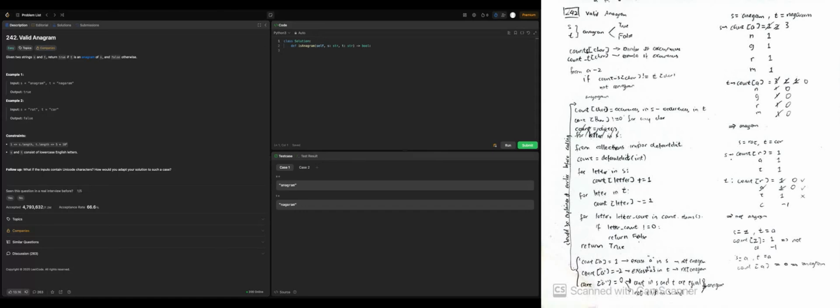And the case of anagram is when count A equals 0,